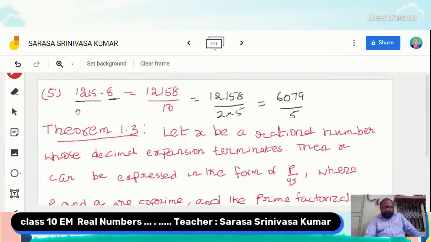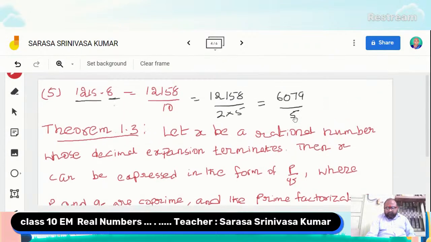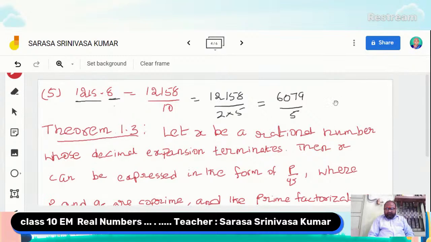So in the above example, 1215.8 is a rational number, and this number can be expressed in P by Q form, and the denominator is of the form